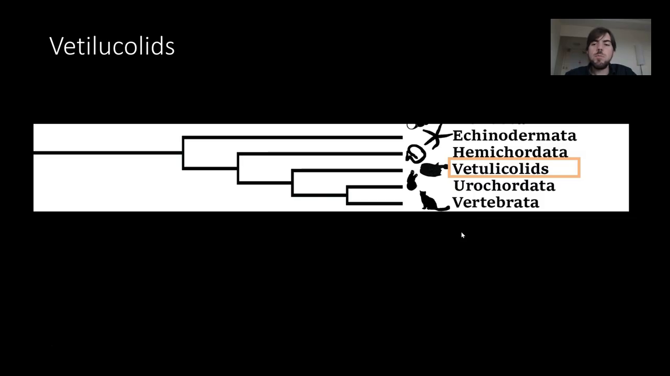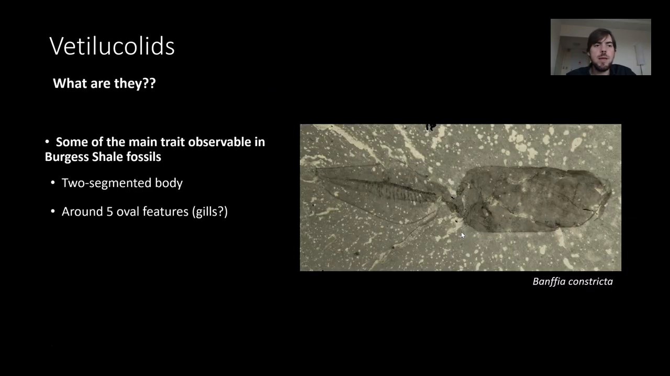So now we go to Vetulicolids. Vetulicolids is a very strange group that is not living nowadays. So this group at some point went extinct, but we do have some fossil record. Vetulicolids are basically recognizable because they have some type of two-segmented body with a tail-like structure and some kind of funnel-shaped body. And then they also have some type of five oval structures normally here that are interpreted